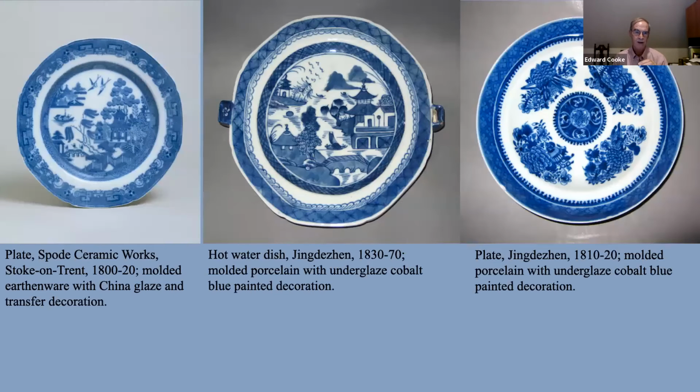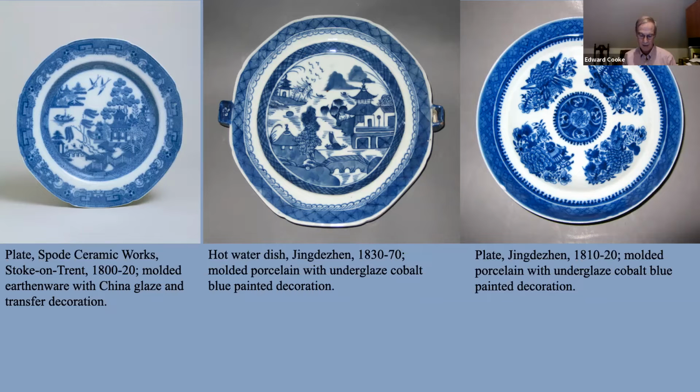variations thereof. But I find it gets so complex by the time you get into the 18th, early 19th century, where then the 2 real centers are not so much Iznik and the fritware tradition, but it's thinking about Staffordshire and what Josiah Wedgwood and others have done to make Stoke-on-Trent and Staffordshire the real center of the ceramic world in the second half of the 18th century, and how these objects that you see here are so interconnected that you have a plate on the left in which it's basically working off of Chinese motifs, blue and white on refined earthenware with a white glaze, but it's transfer decoration.